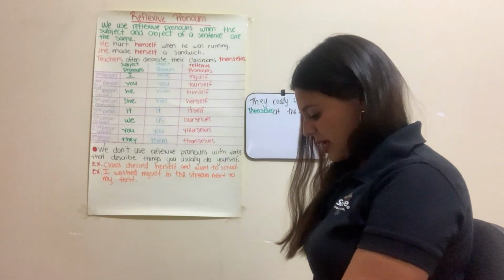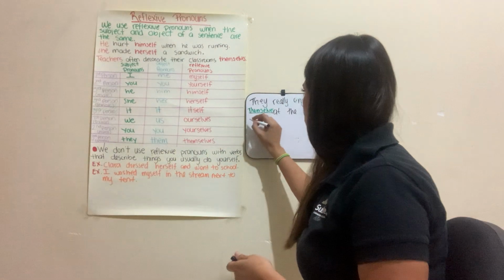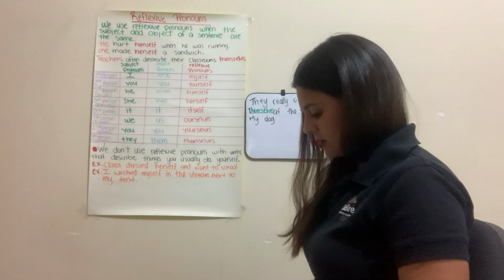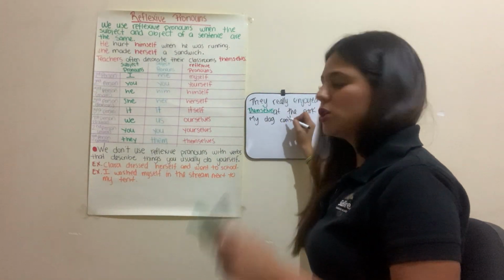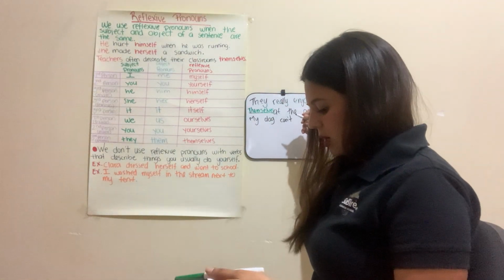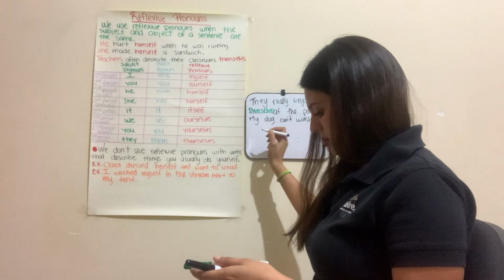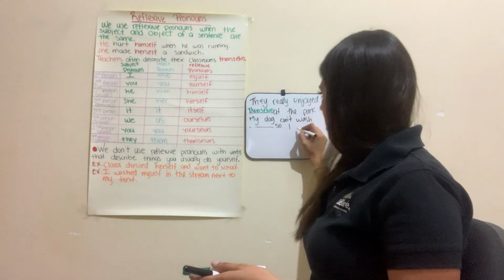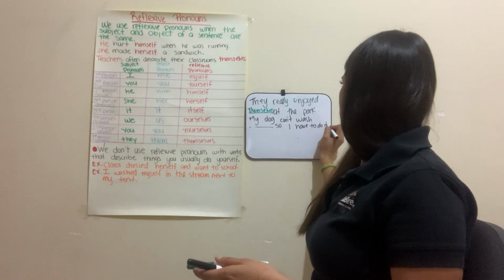Okay, so the next example is: My dog can't wash space, so I have to do it. Remember, when it's a thing we're normally going to use negatives, because things can't do things on their own. Okay? Now,